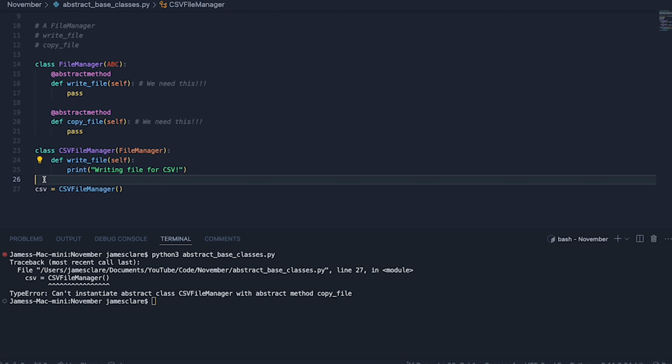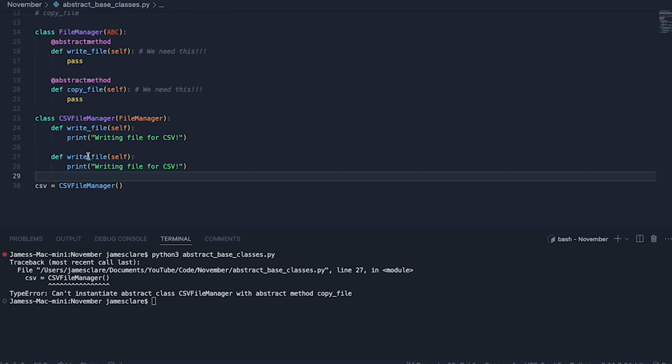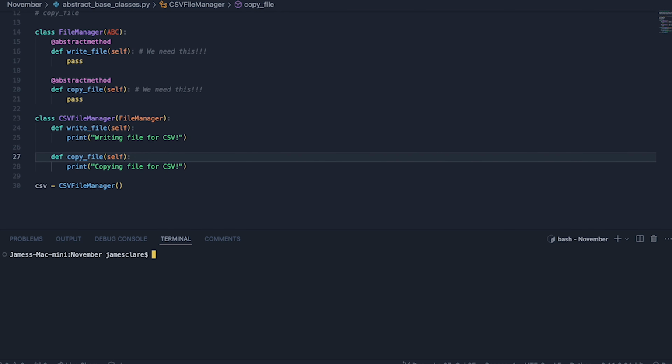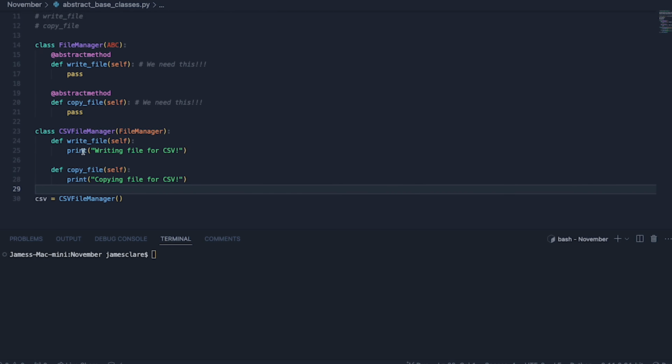So we need to now take this def, do this guy underneath, change write_file to copy_file, and now let's just change this to at least line up with something: copying file for CSV. Clear the screen, and before we hit run, we'll just quickly check. Our class is being derived from this abstract base class here. Our abstract base class has said, here's a rule, you must define this method. Here's a second rule, you must define this method as well. And yeah, we've defined this, we've defined this. So when our instance on line 30 gets created, I don't see any problems here,